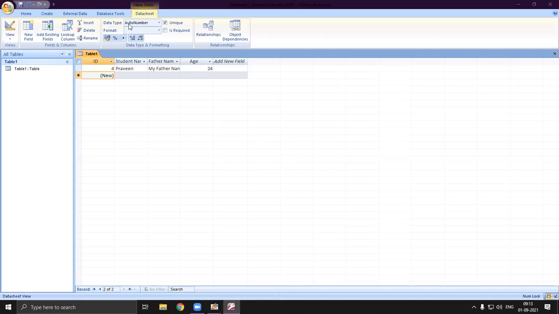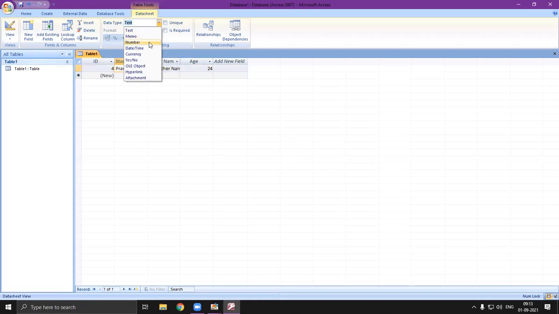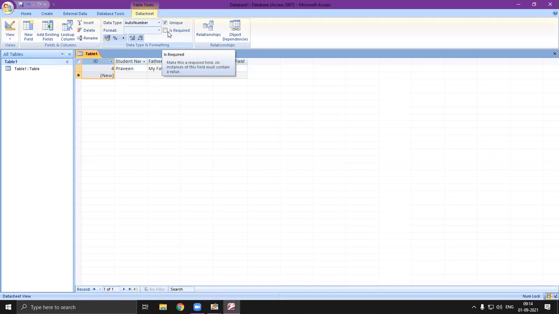And if you want to change the data type, select this, and here you will find data type. So you can select the data type from text, memo, number, date, time, currency, yes or no, OLE object, and etc. Supposedly I need to select the data type for this tab. So I can also select it from text, memo, number, and etc. Okay. So here in the ID section, you can see that it is unique already. And if I click on this, is required, that means the user cannot leave this empty. Okay. यानी कि इसको आप empty नहीं छोड़ सकते.